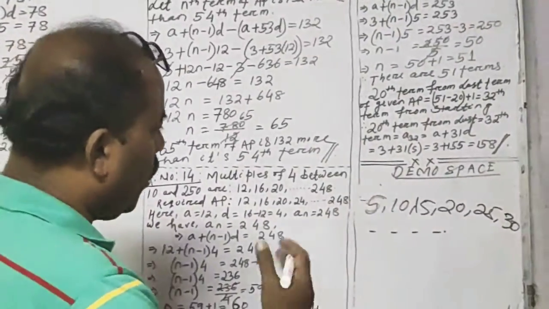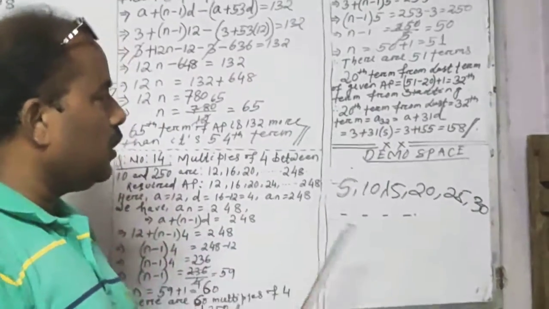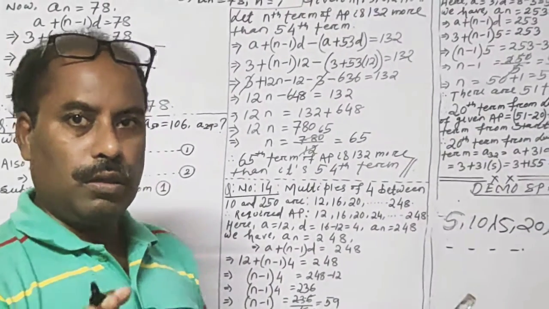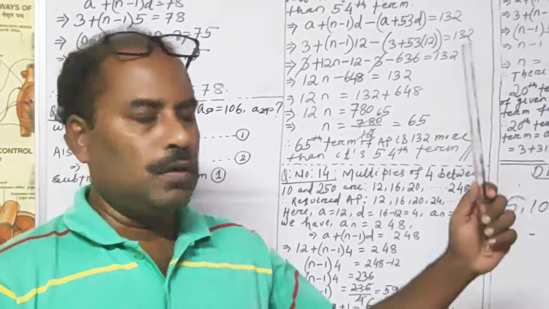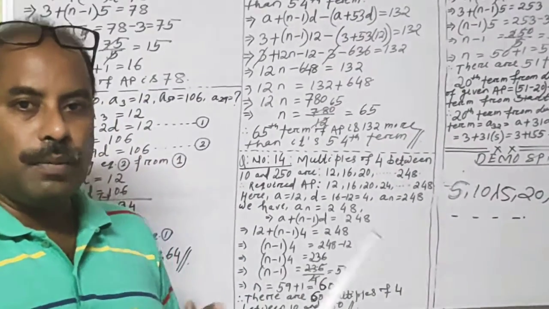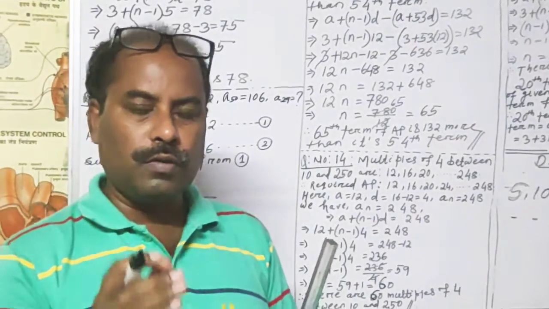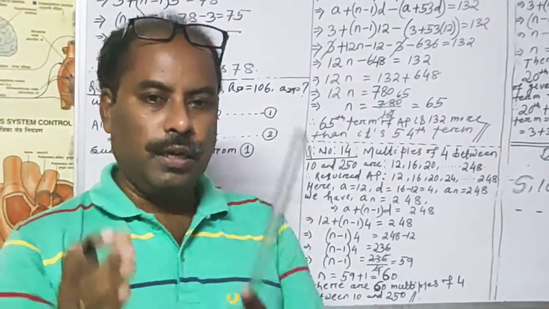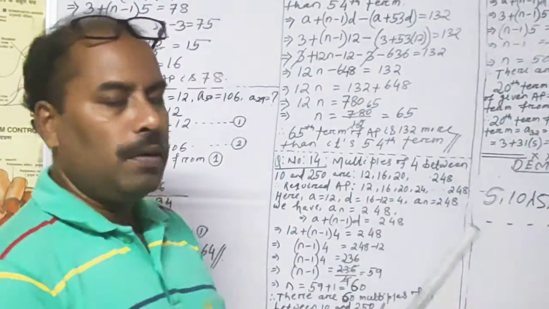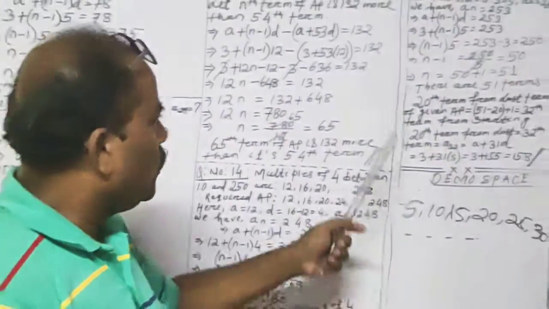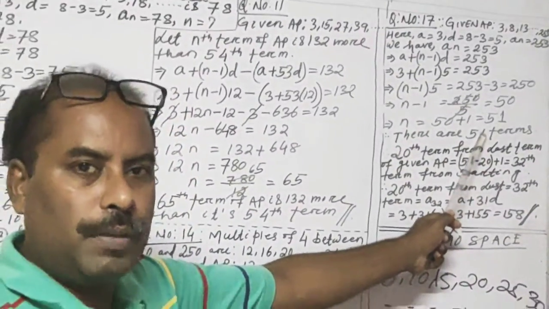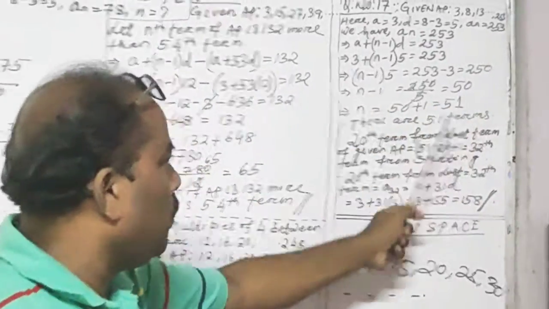So from the last, how can we find out the 20th term? If it is the 20th term from the first, then normally we can find it. But here we have to find the 20th term from the last of the AP, not from the first of the AP. This is a very important question. You have to keep in your mind what is being asked from the last of the AP. If it is from the last of the AP, we have to see it in a different way. So here, how many terms are there in total? 51 terms. The n value is coming 51, which means there are 51 terms in total.